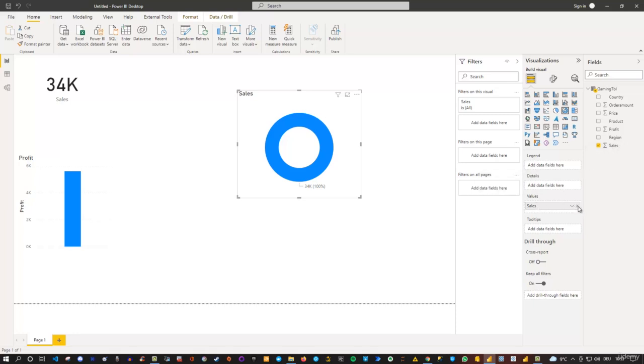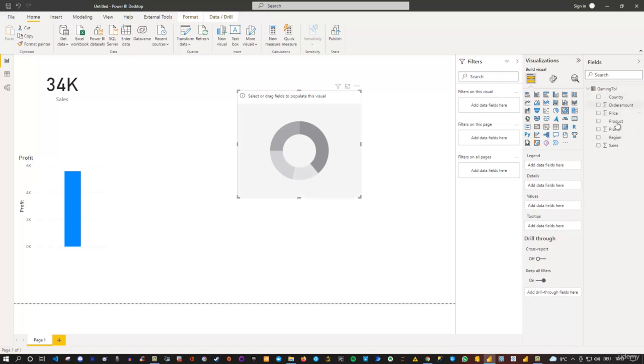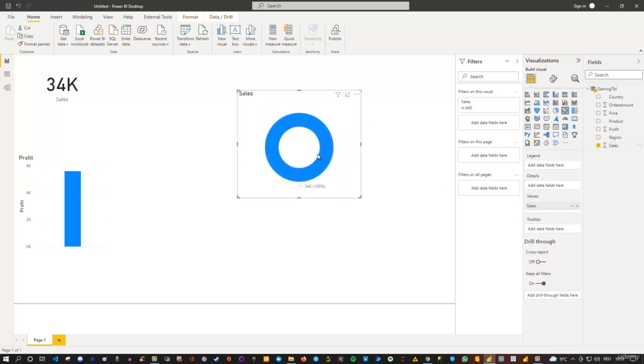However, let me just remove it one more time. I can also drag, of course, any field, like sales for instance, and drop it. So drag and drop into sales, and I get the same behavior. And then if I would say, okay, here I have my sales, and now I want to see this for all the regions, I can of course then go to region, and for instance, drag region into the legend field,